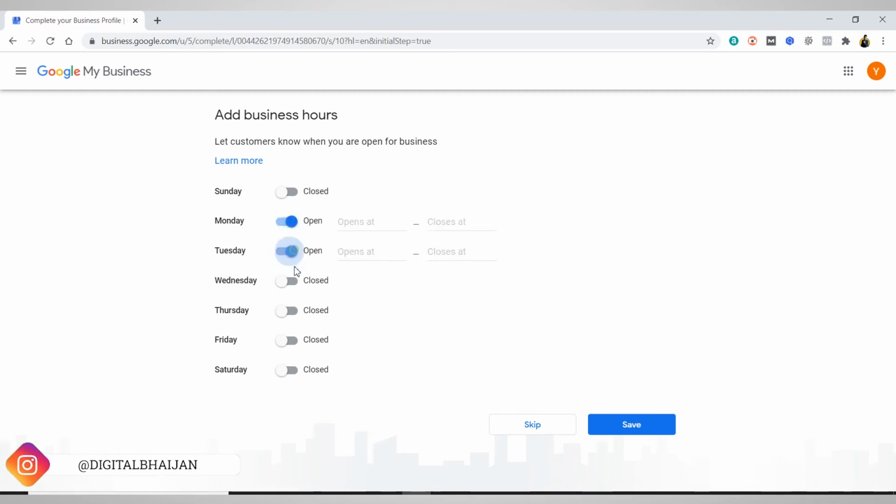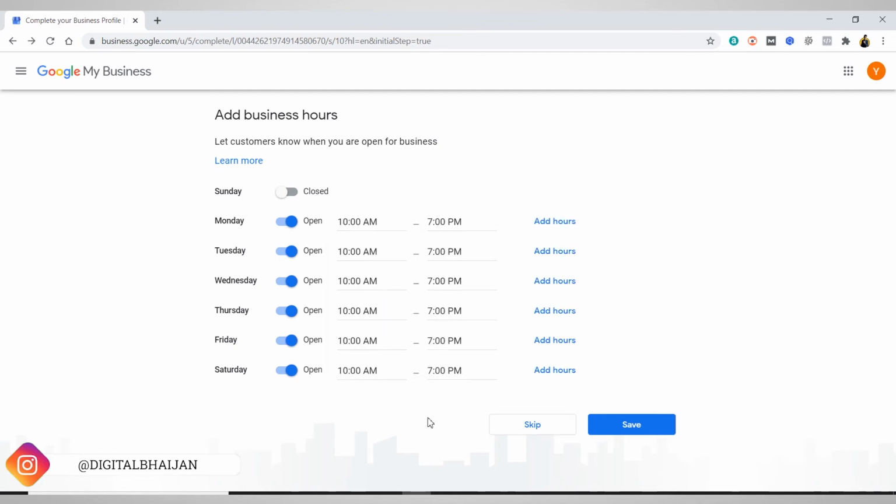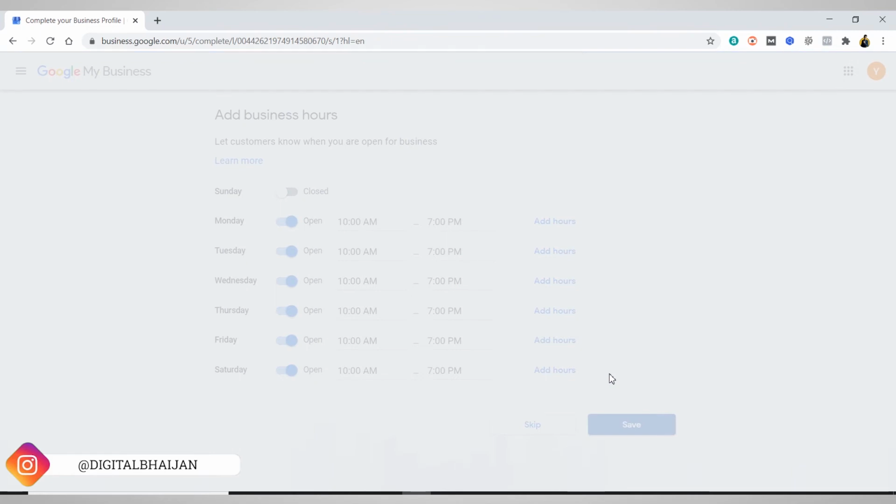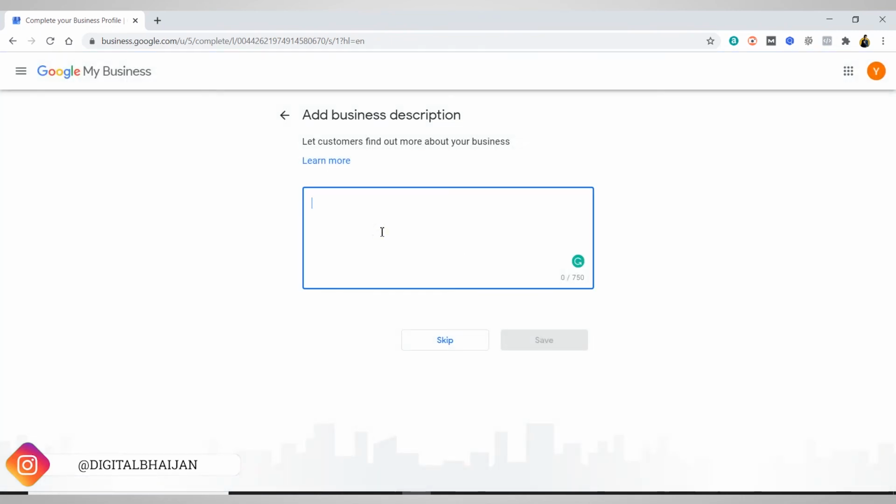Just click on Monday, Tuesday, Wednesday, Thursday, Friday and Saturday, and just type 10 a.m. to. After filling in this information, just click on save, and it will be saved on your Google listing. You can add a business description.